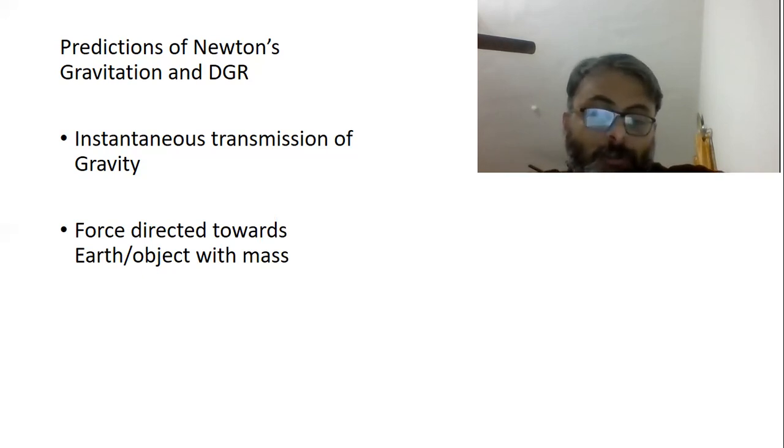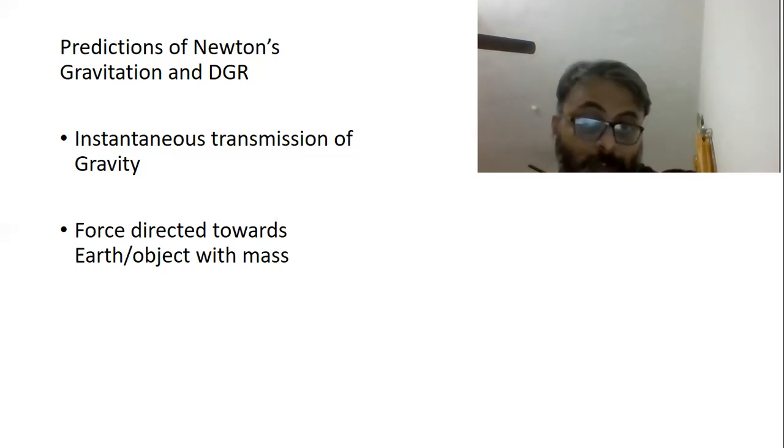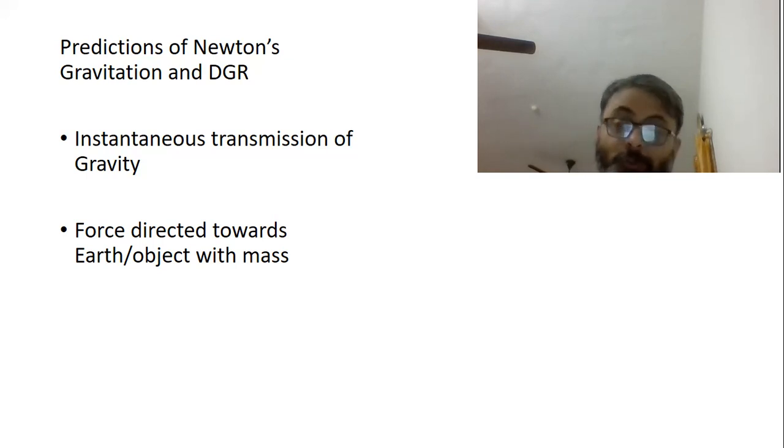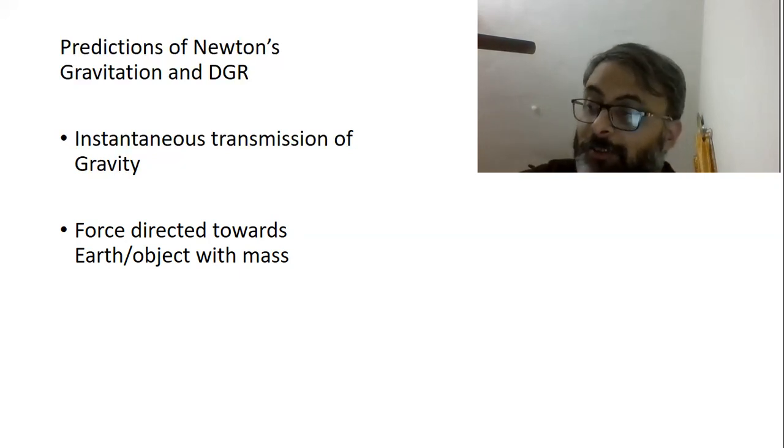Here dynamic general relativity is at loggerheads with general relativity, which says that it is just the curvature of space-time. But what exact curvature is beneath the apple, Einstein was not able to explain, but dynamic general relativity can explain it very nicely.